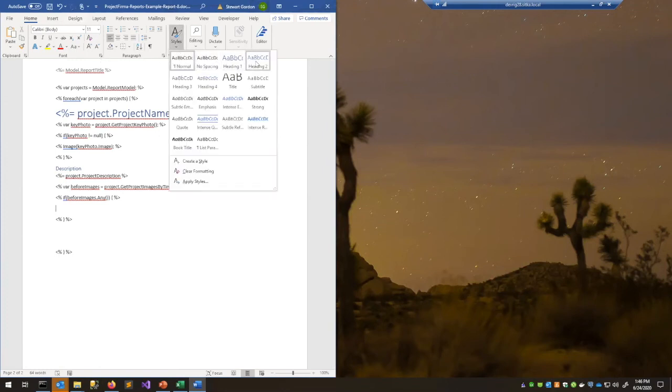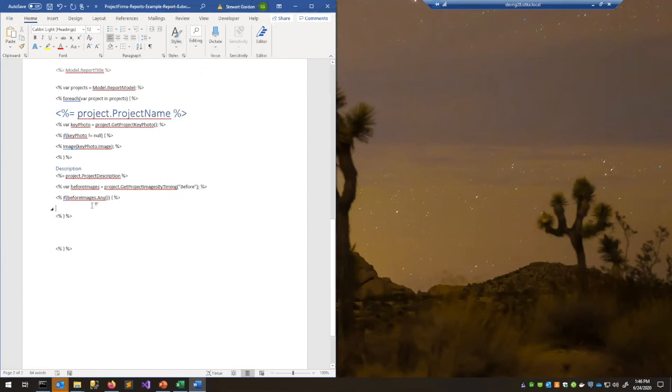Let's do a heading 3 of before photos. And then I want to loop through all of them. So for each var photo in, I'll call it image just to make it more clear. For each variable image in before images,